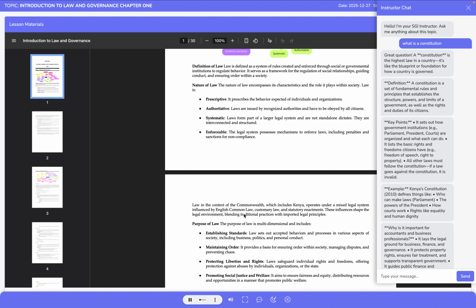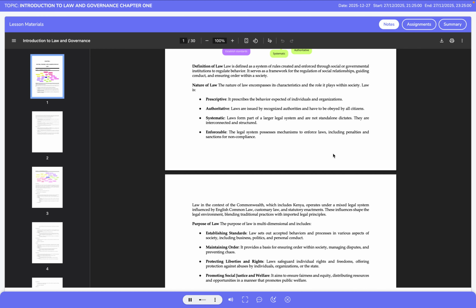Law is also enforceable, which distinguishes it from social norms and moral expectations. Enforcement mechanisms include courts, tribunals, penalties, fines, and in some cases imprisonment. Enforceability ensures that legal rules are not merely advisory, but compulsory. In financial and governance contexts, enforcement protects